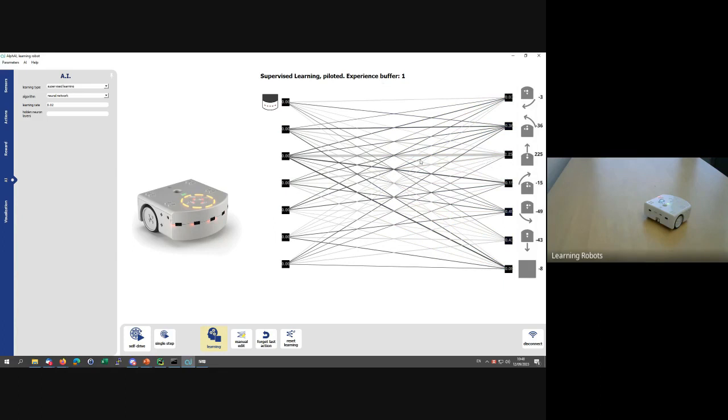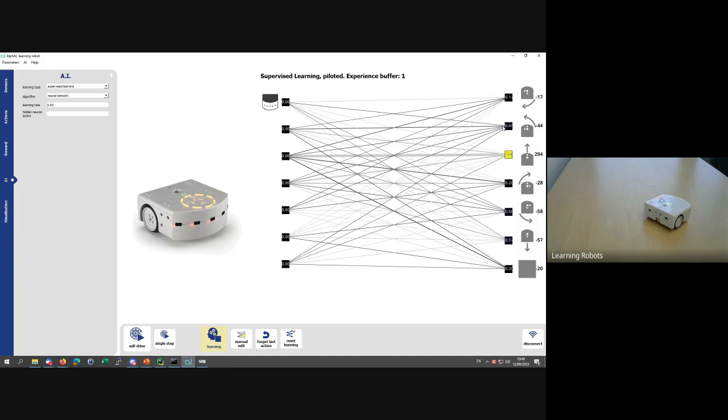So we have created an information, and you probably are seeing how the neural network is evolving. You see that this line is becoming thicker and thicker, also the 2 lines on the sides, and all the other lines become very thin, and